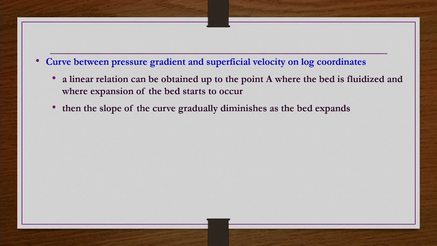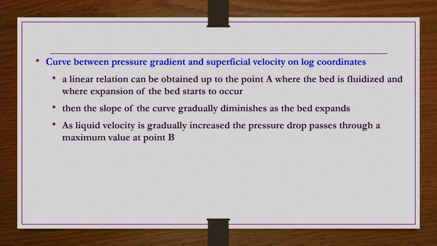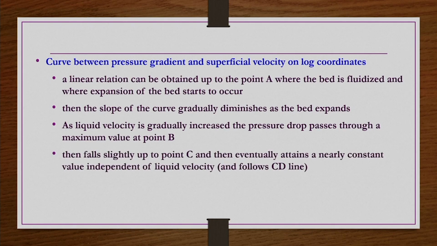Till that point there is no expansion, but from point A onwards it starts. Then the slope of the curve gradually diminishes as the bed expands. As liquid velocity is gradually increased, the pressure drop passes through a maximum value at point B, then falls slightly up to point C, and then eventually attains a nearly constant value independent of the liquid velocity,